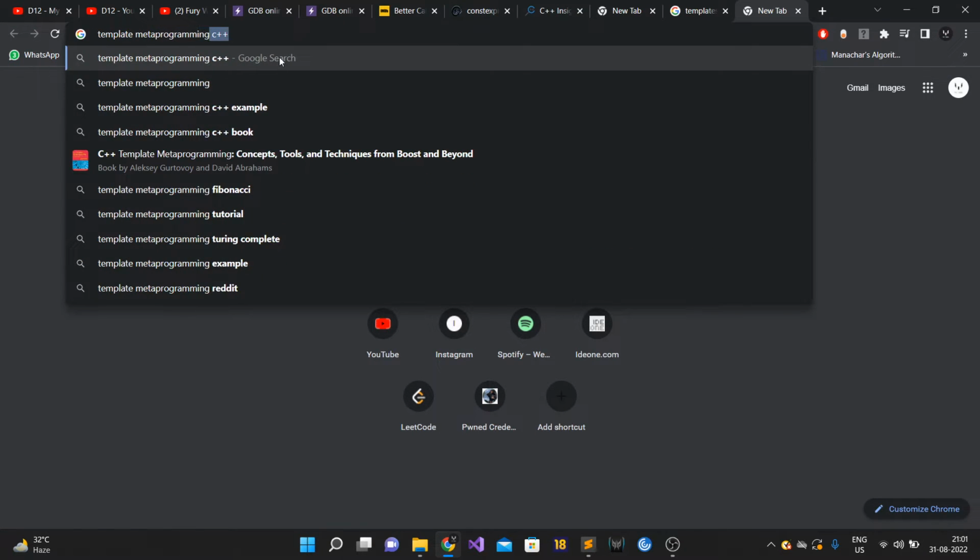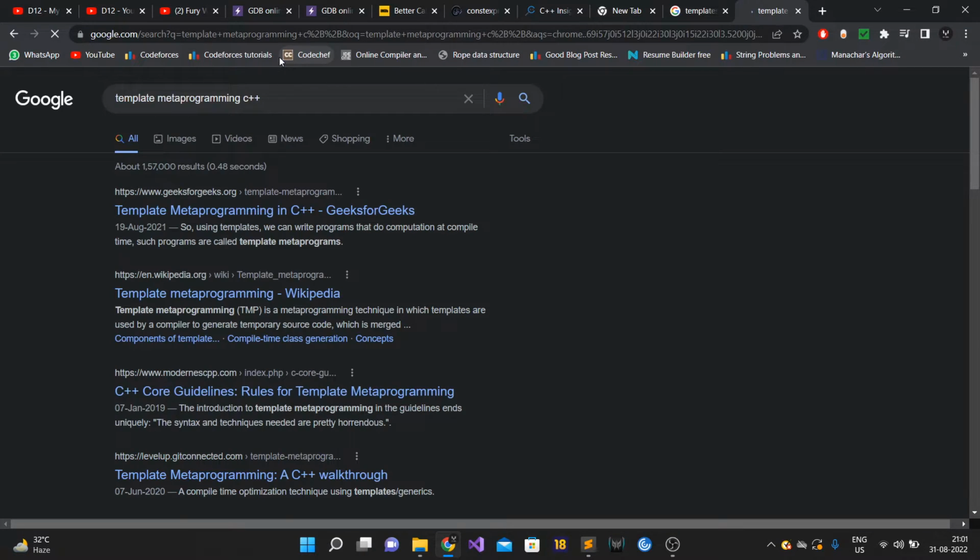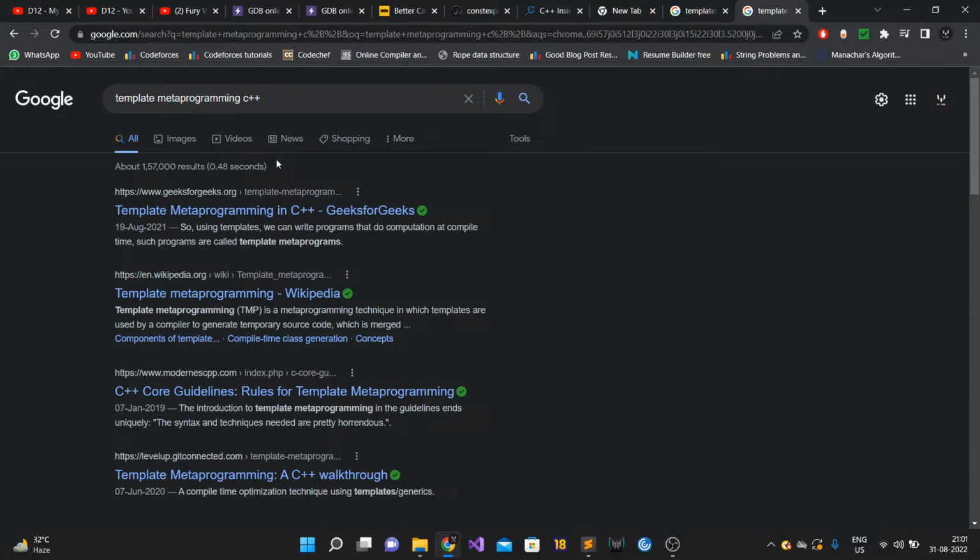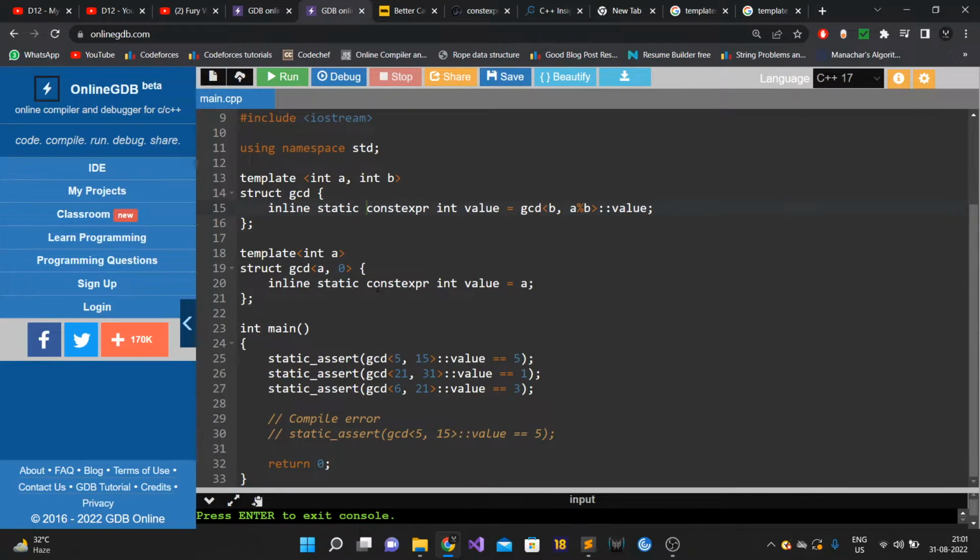These three techniques are widely used in all of the trading companies, and using them you can write absolutely low latency software, because all these things are compile time things. Templates are instantiated at compile time, so if you write your program smartly, then the results will be available at compile time as well. So let's look into the GCD program.